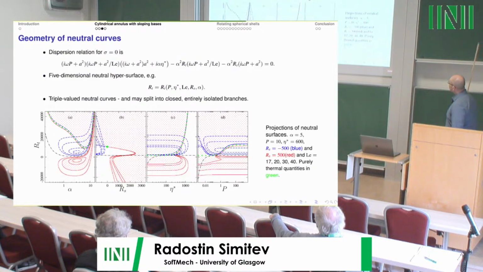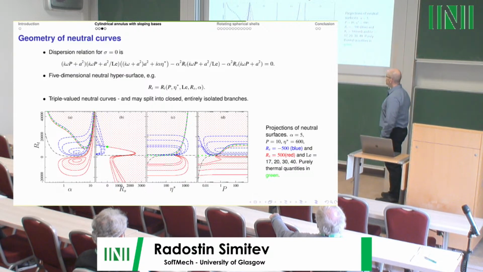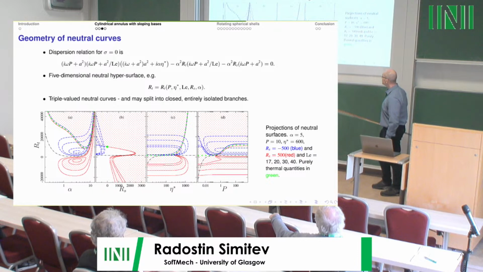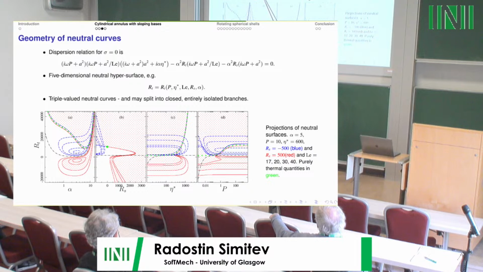All right. Well, how do we use this to map the parameter space? In order to do that, we need to construct the neutral surfaces for the problem, and we do that by setting the growth rate equal to 0 and obtaining the following dispersion relation from the characteristic equation of the eigenvalue problem. This defines a 5-dimensional neutral hypersurface,